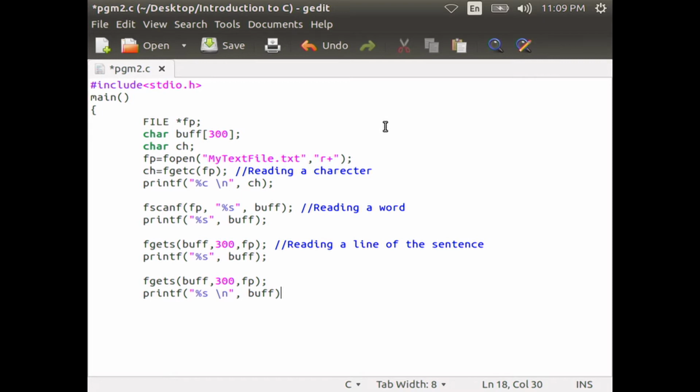Now, you close the file, fclose(fp); then close the curly brace.